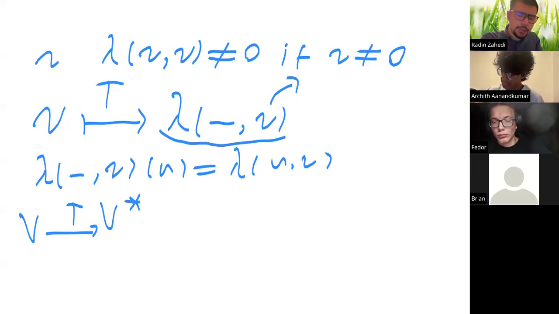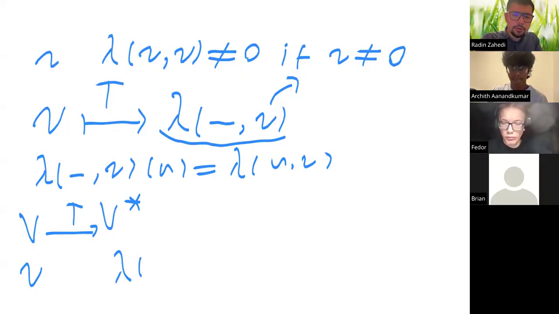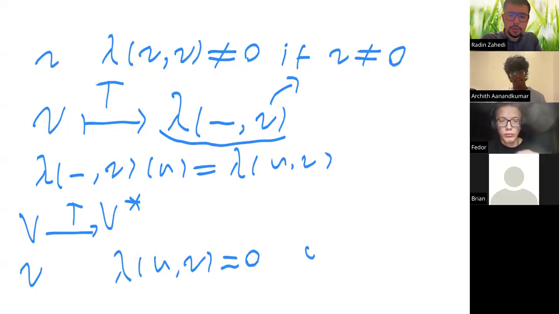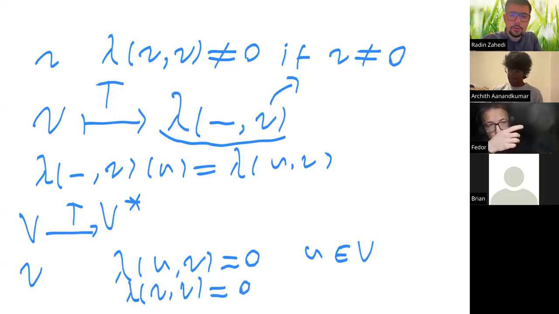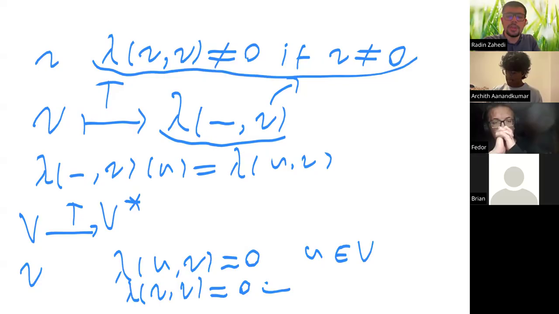If it's not injective, then there is some v such that lambda of u and v equals 0 for each u in V. So typically, we can just plug in v in this case: lambda of v and v equals 0. By the condition we had earlier, you know that v must be equal to 0, and so our linear transformation is an injection. And again, since we have already proven that V star is n-dimensional, injection gives an isomorphism, and